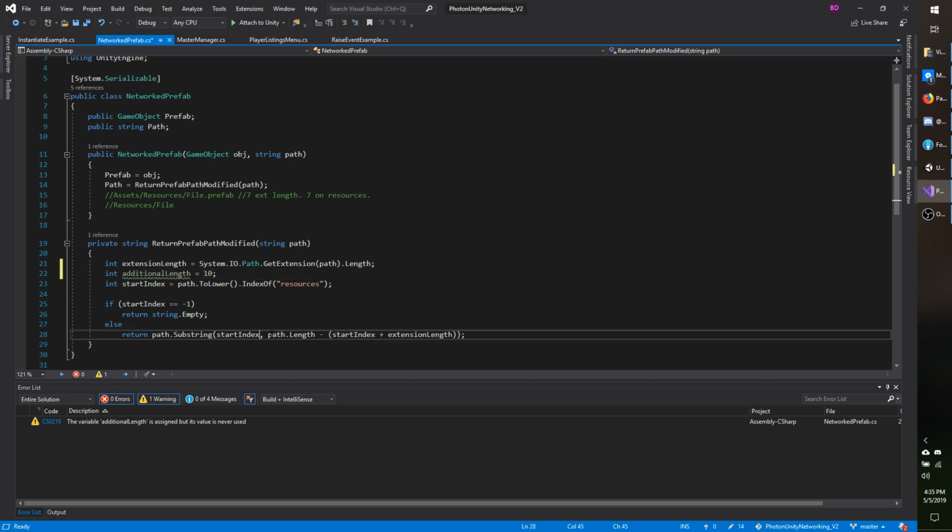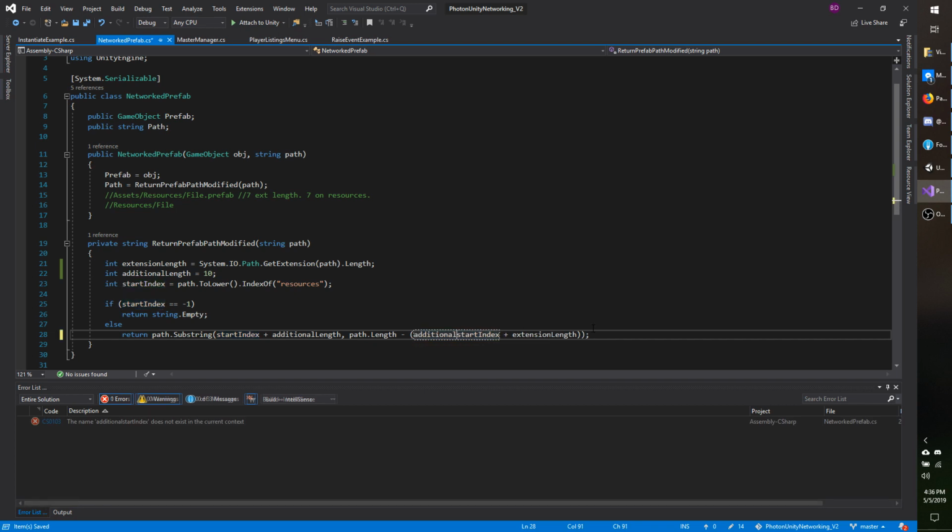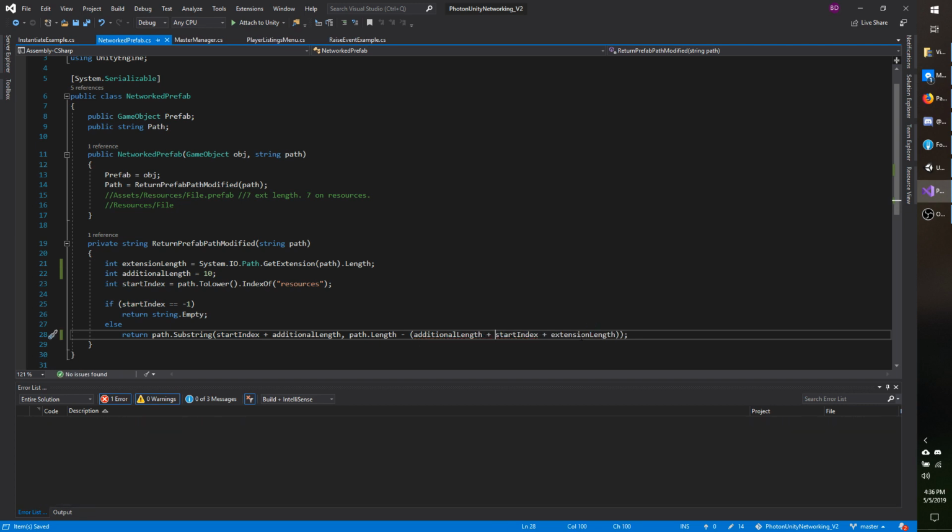So I'm going to do start index plus additional length, so it skips past the resources and the slash. And then I'm going to include that in the subtraction up here. So I'm going to do additional length plus start index plus extension length. And I'm intentionally leaving the slash off because the slash might be this way or might be that way depending